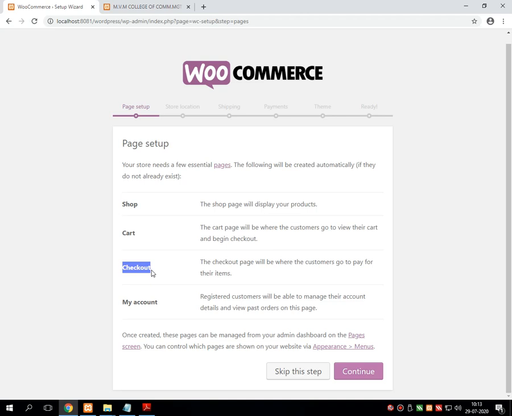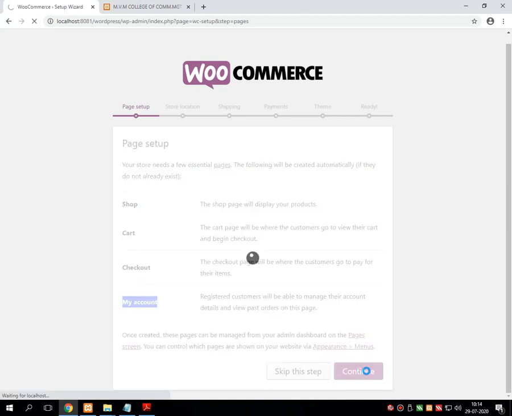Once the checkout is successfully done, that means the payment is done, the user can see their account for the current purchased order or the past purchased orders. So this is going to be set up during this entire process. Now what we have to do right now is just press the continue button, nothing else.